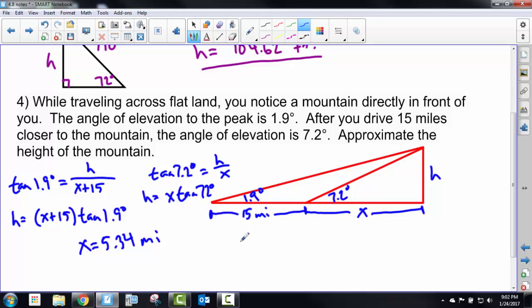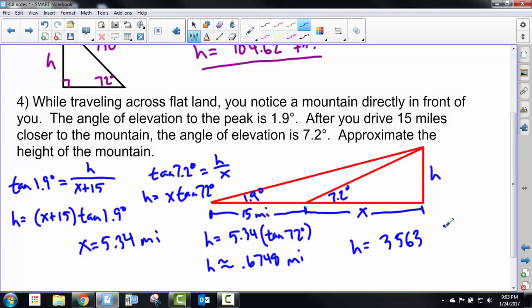So I just need to take that 5.34 and multiply it by the tangent of 72 degrees, and what I get there is about 0.6748 miles, and maybe more appropriate for this one would be to put it in feet, at about